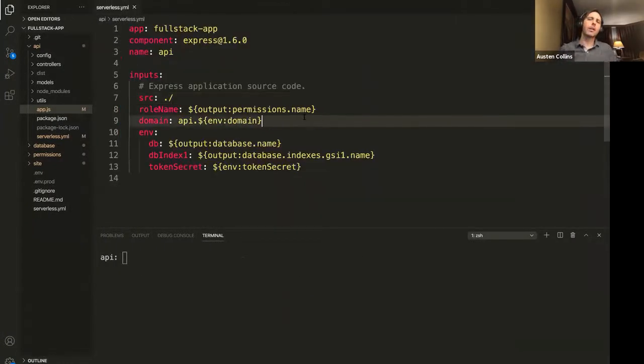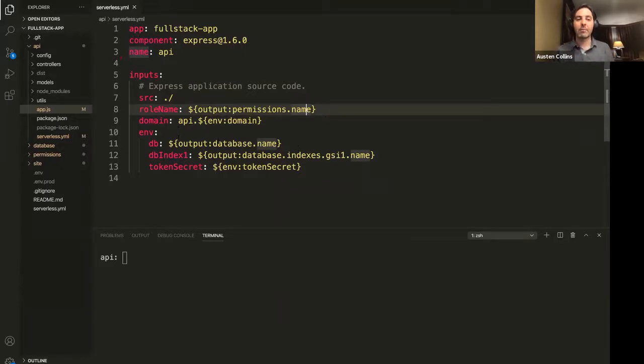So again, with serverless framework components, which is our more progressive serverless development experience, there's a simple inputs and outputs concept, and you can reference the outputs from other components. Here you'll see I've got my Express app that I deployed on Lambda HTTP API, and I'm referencing my permissions stack, which contains an IAM role, and I'm pulling in the name of that to give my Lambda function, my Lambda backend